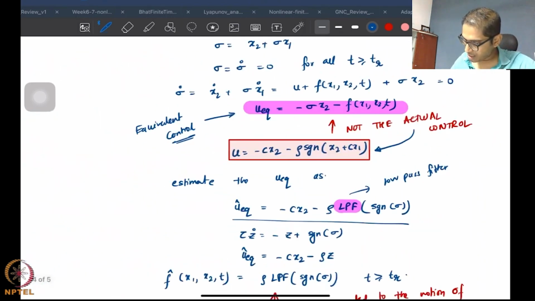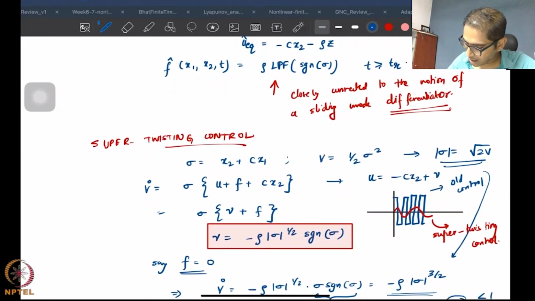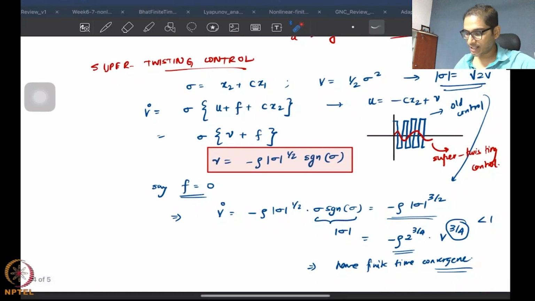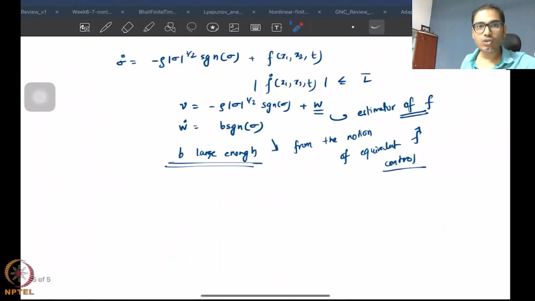Yeah, because if you remember here also, this rho was large enough to compensate for f dot and so on and so forth. Okay, so again, we have shown these without proof, so obviously you cannot say that this is a complete rigorous treatment, but the idea is the control obtained from super twisting is going to be much nicer, much cleaner, right, than anything that you will get from the typical classical sliding mode control. Okay,